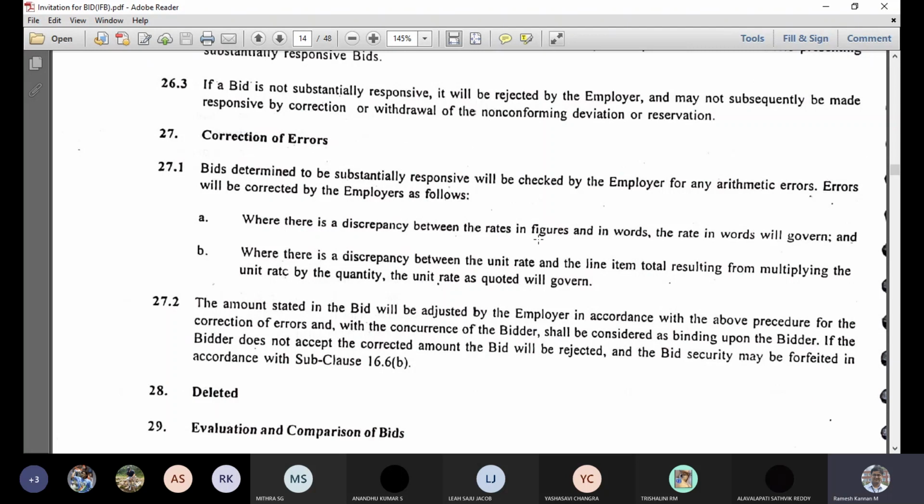That is why they say rates in figures and words. If they do not match, the words generally govern. So whatever is in the words, that matters. That's what they say in the invitation to bid itself. Like you might put 40,000, with 4 zeros, then a dot and 2 zeros, and in some countries they avoid the decimal point, and then they give a rounded-off